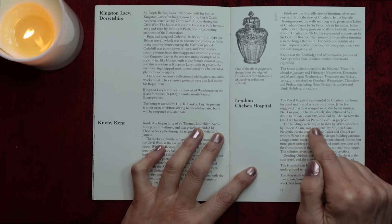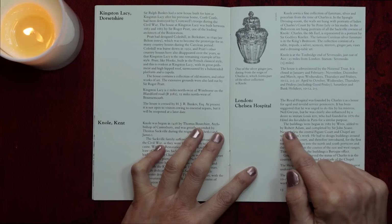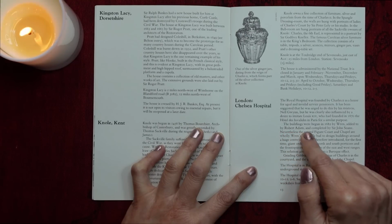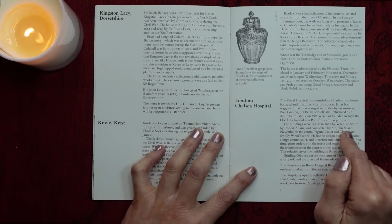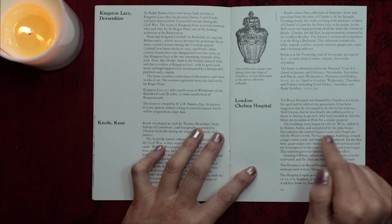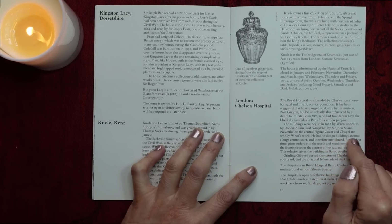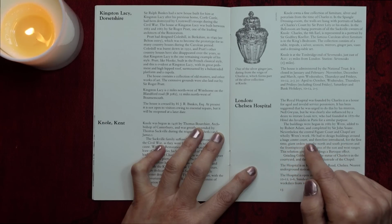The buildings were begun in 1682 by Wren, added to by Robert Adam, and completed by Sir John Soane. Nevertheless, the central figure court and chapel are wholly Wren's work. He had to design buildings around a huge centre court, and there